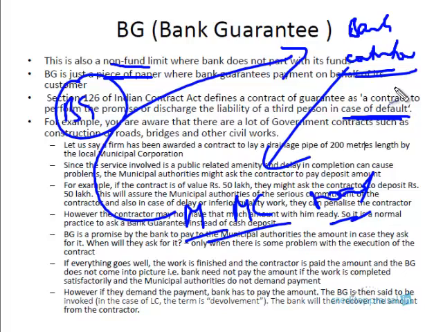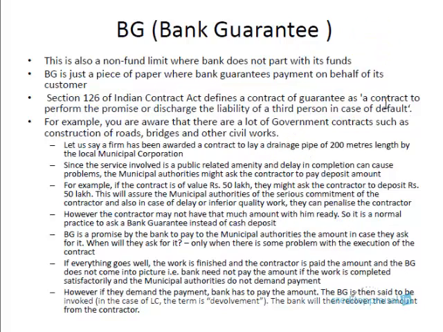wrong happens. Wrong in the sense that the contractor, for example, doesn't complete this work in time, or the quality is not as per the specifications. A variety of reasons that are described in the agreement. Okay, so in case something goes wrong, we will make good the payment. So that is a promise. It's just a piece of paper. In case something happens, that something might happen or might not happen. It's a contingent event. So in that case, the bank is saying we promise that we'll make the payment. So that is basically a bank guarantee.